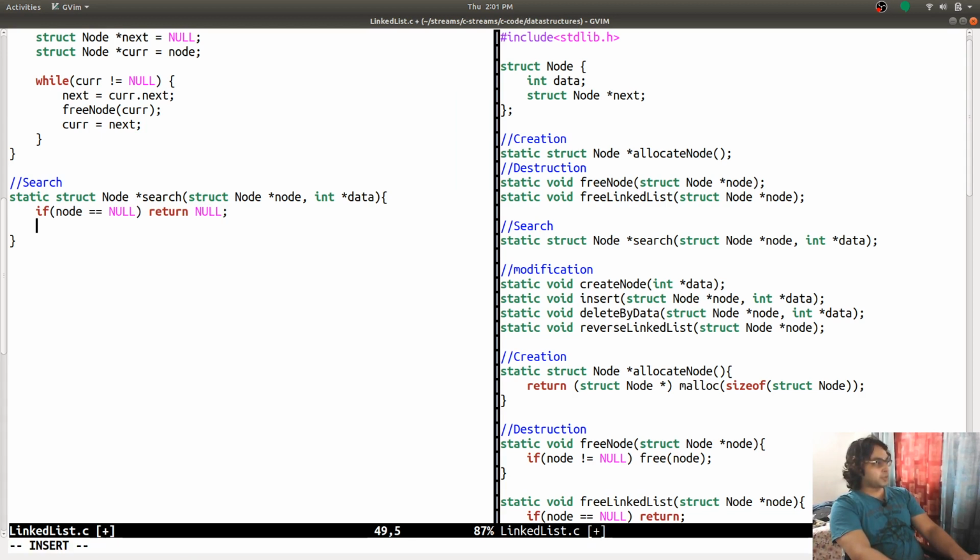And next, if I do this, then I don't need this instruction. I can say while node is not equal to null and node data is not equal to star data, then node equals node next.